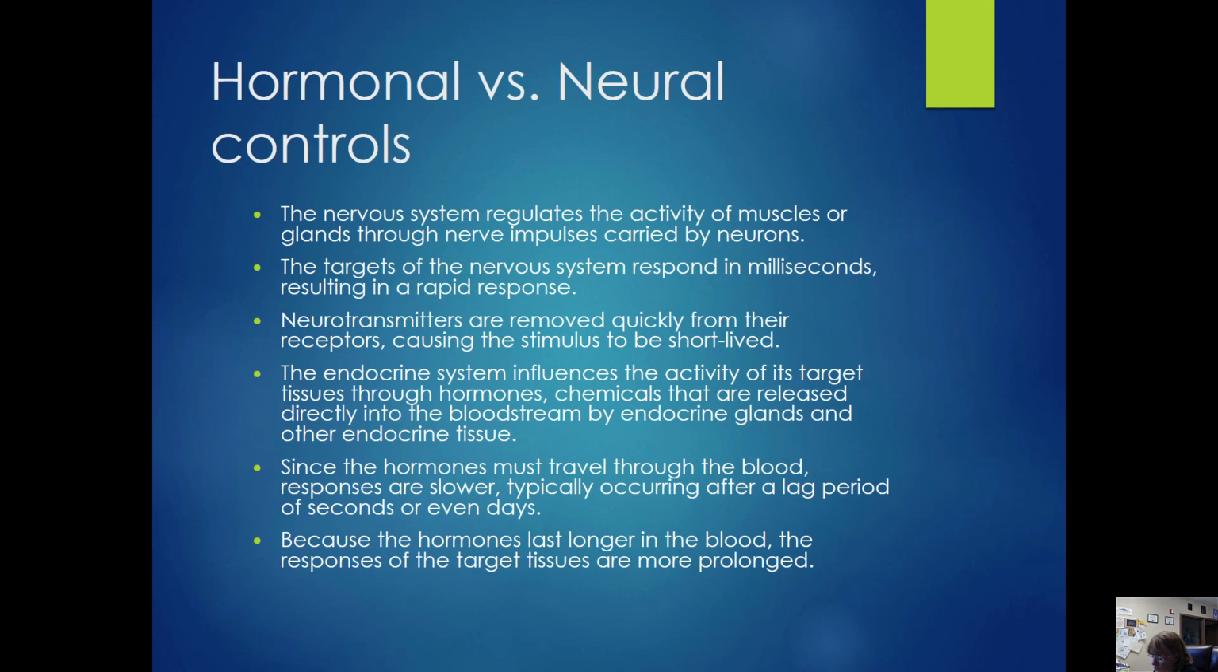So it's important though that the endocrine system and the nervous system work together to maintain homeostasis. So we know that the nervous system is only going to affect muscles or glands. So as the neurotransmitters go out to the body, they will only affect those structures. The targets of the nervous system, again, are going to respond in milliseconds, resulting in a very rapid response and a very short-term response, as well as those neurotransmitters